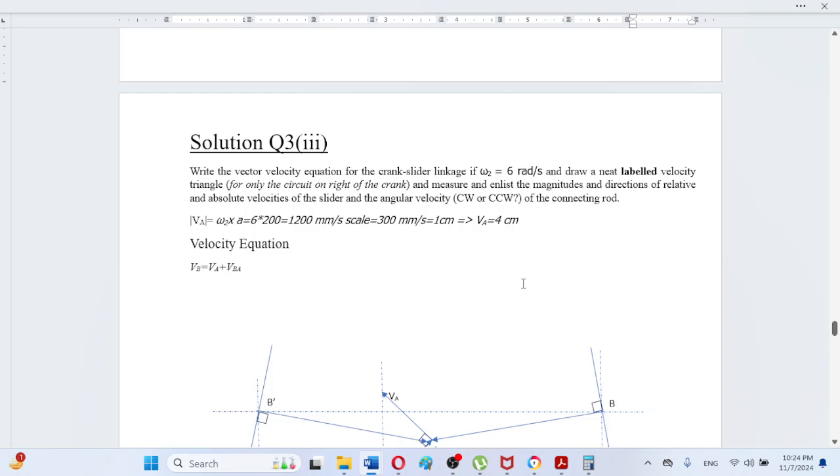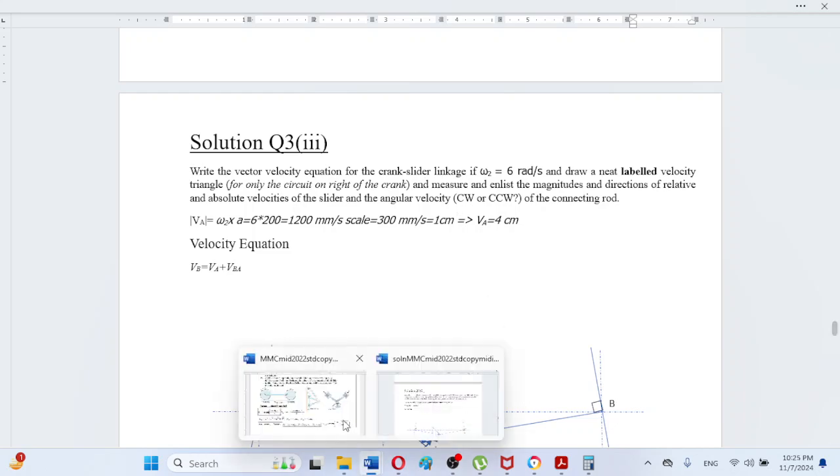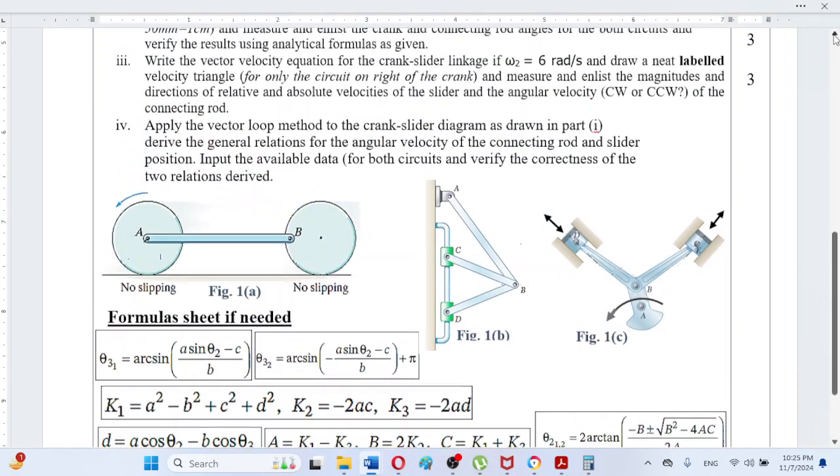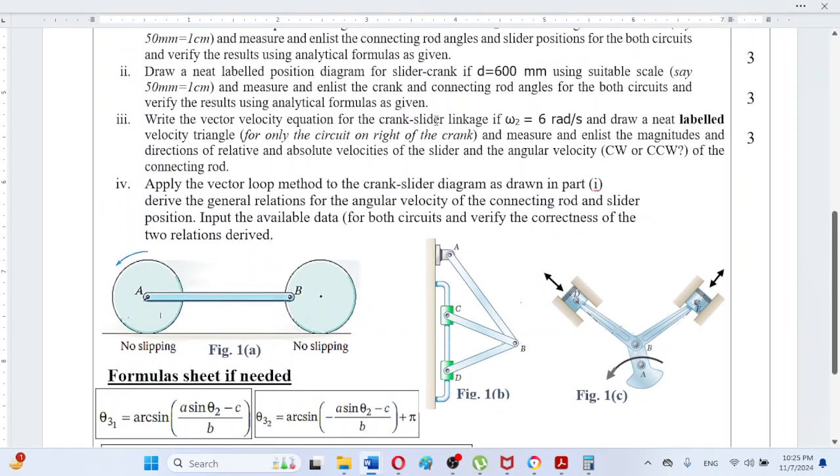So now the solution for question number 3, part 3. The statement here is to write the vector velocity equation, the vector loop equation, for the crank slider linkage if theta 2 is 60 radian per second, and draw a neat labeled velocity triangle for only the circuit on the right of the crank. So that was the only requirement, that the student will only be drawing the velocity triangle for the right hand circuit,